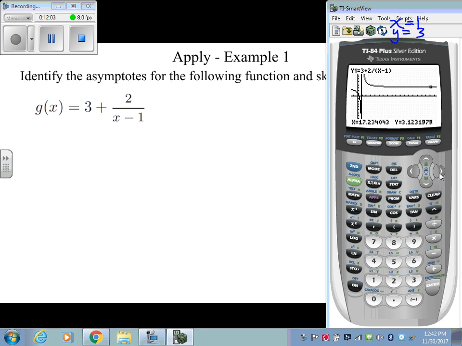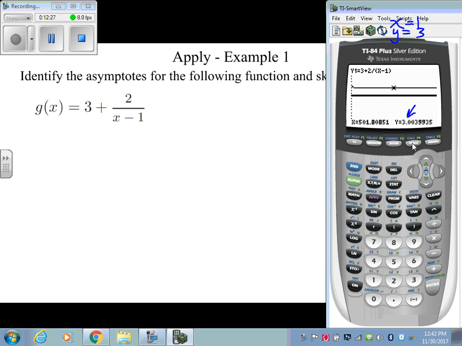Well, as I arrow to the right, you can see that my y values are still changing. So they're not exactly the same. I have 3.10, now 3.09, so on and so forth. And in fact, I can go to my window and make my x max be something really big, like 1,000, let's say. And now I go back to my graph, and if I trace now